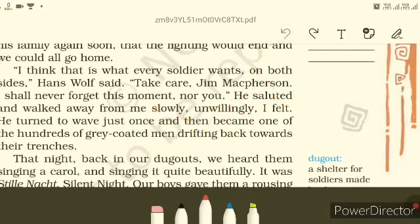He turned to wave just once and then became one of the hundreds of grey coated men drilling back towards